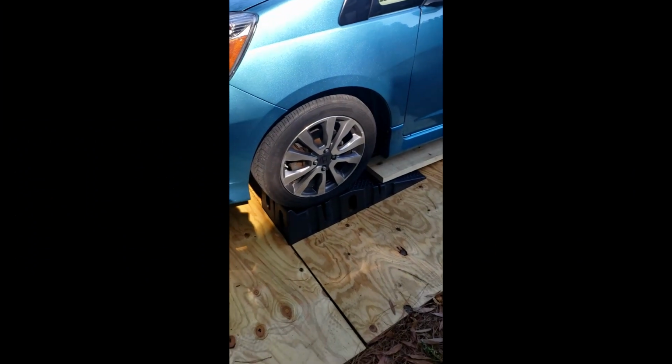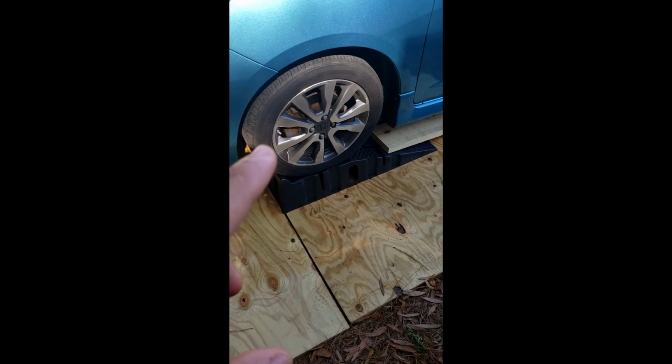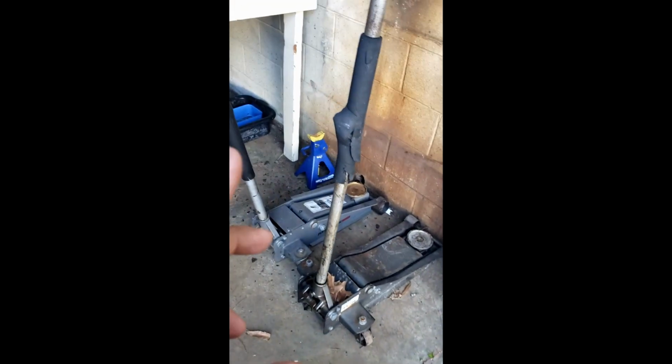So firstly guys, you're going to need to lift the vehicle. I'm using just standard ramps here. I have a video showing you how to use these, or you can use a jack and a jack stand. I also have a video showing these. Alright, so you want to open the hood of the vehicle first of all